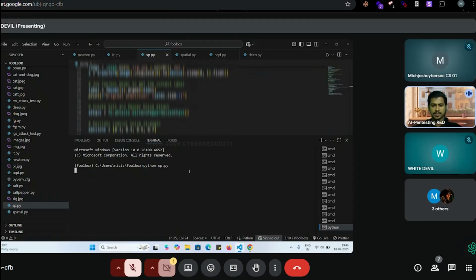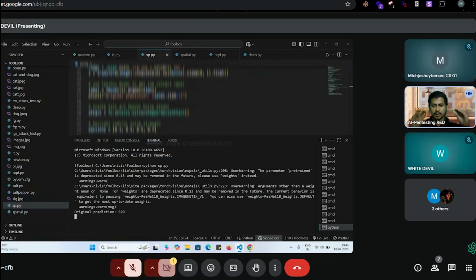Okay, now we are running this. So we have given the input, that model. Now we are using the salt and pepper. See, in salt and pepper, it won't add noise in any specific areas. Mainly what it does is,